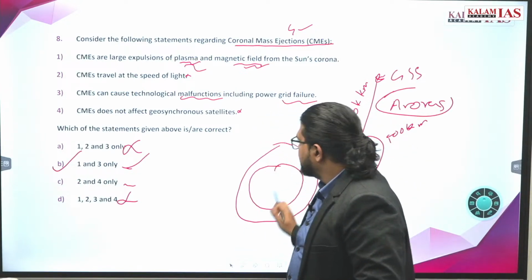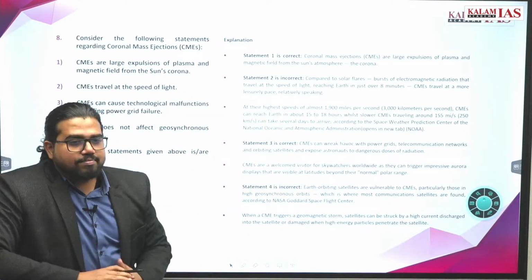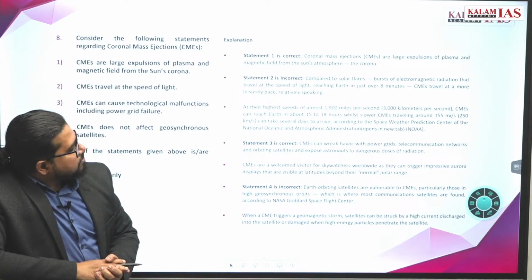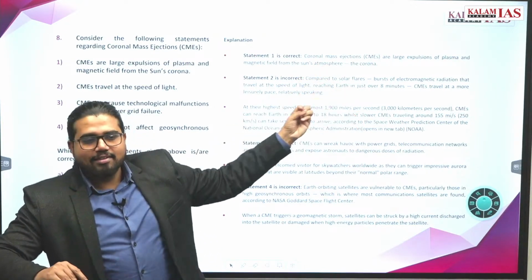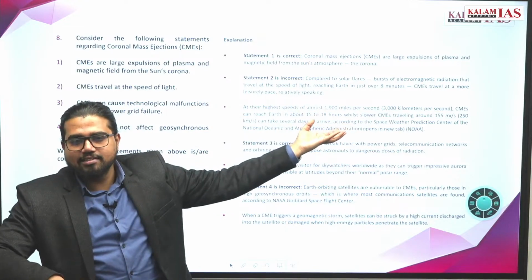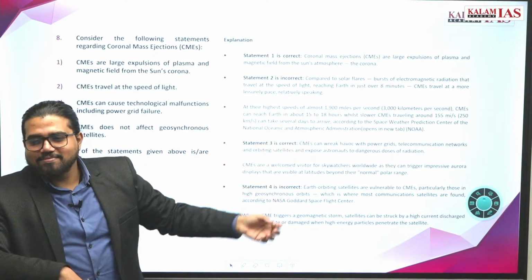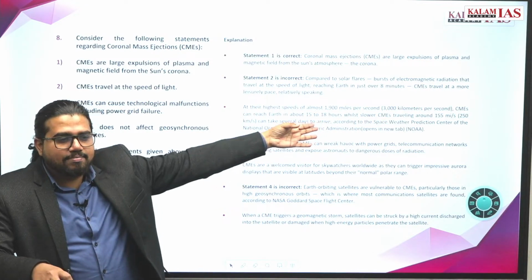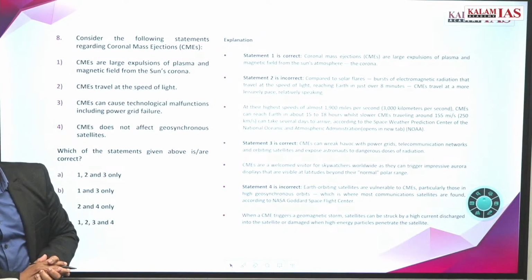Go ahead. Basic information you can read out. It will be given in the explanation PDF also. It can travel at very high speeds, like 3000 km per second. It will be very high, but it cannot reach that of light. How much is light speed? Around 3 lakh km per second, something like that. So this is very much less. Other basic information you can read out from this. Okay. Go ahead.